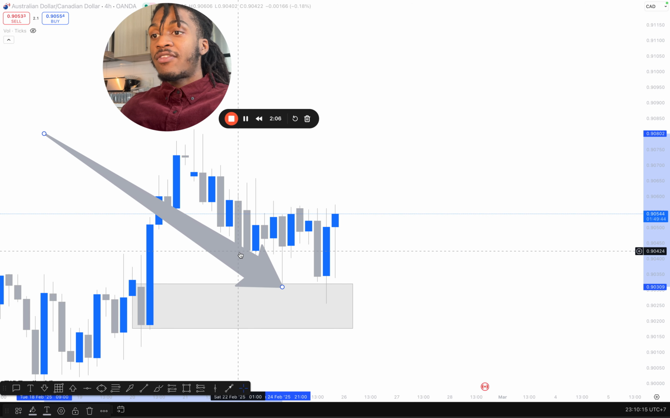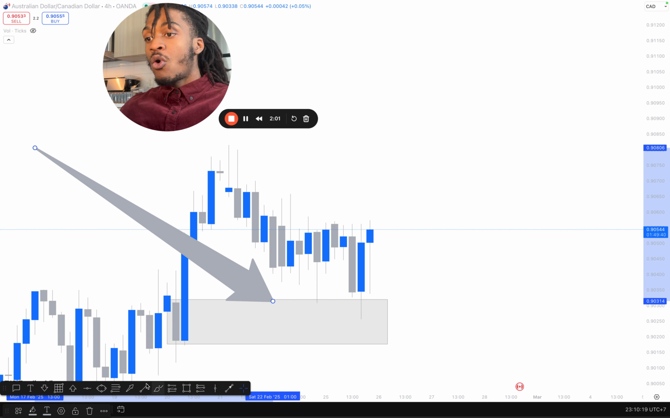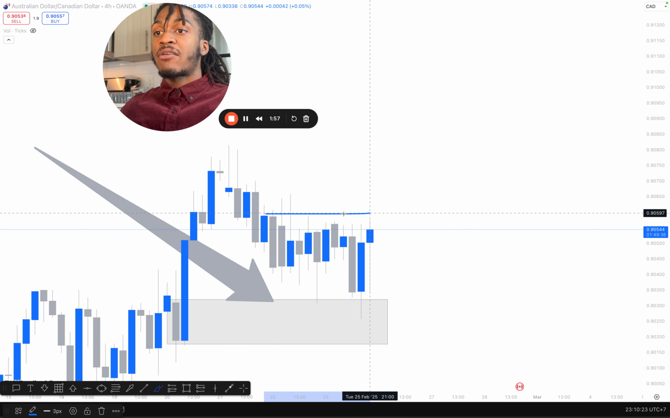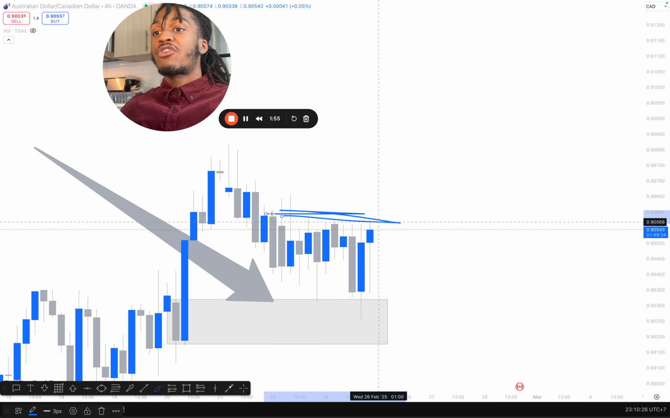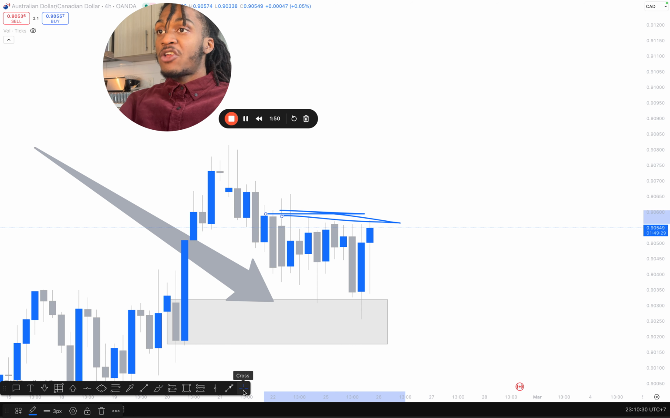Once I see a wick like that, I can either enter on that candle and see the wick form, or I can see the wick form and wait for some liquidity to break, like right here where I'm drawing that blue line. I can wait for some liquidity to break, and liquidity being broken is a good confirmation